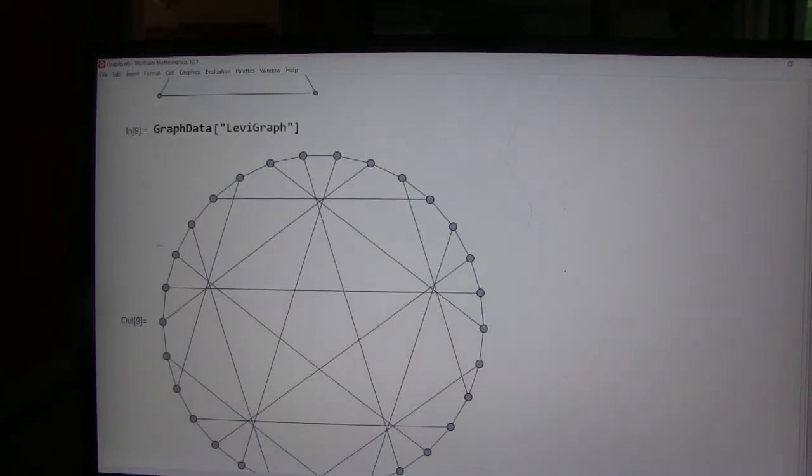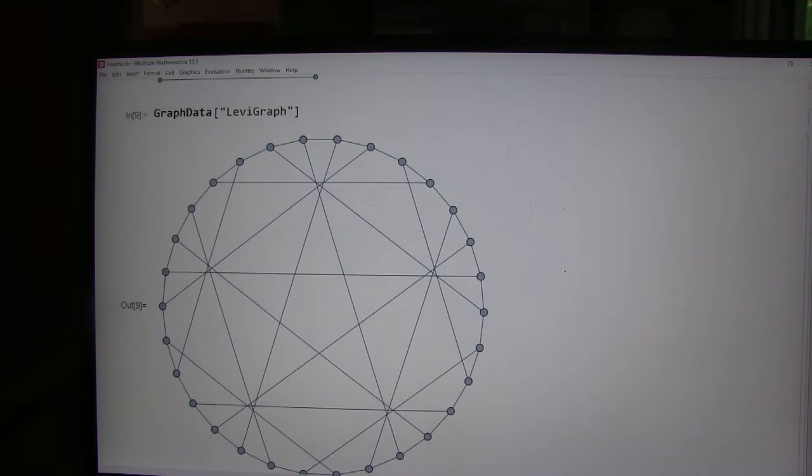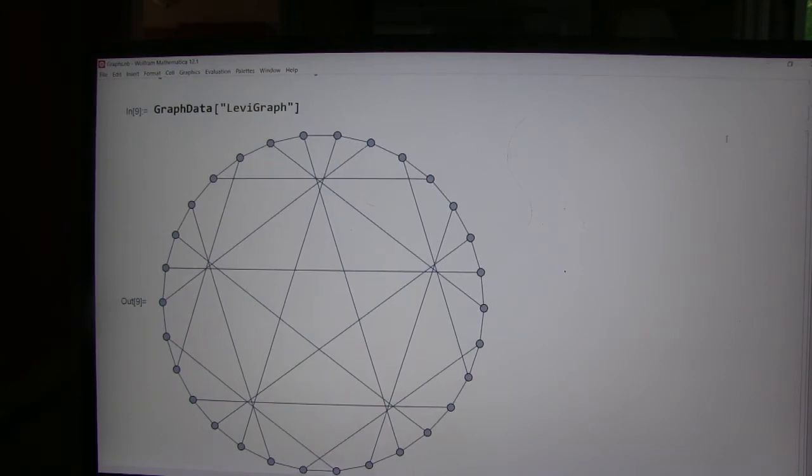Scrolling down, this is called the Levi graph. All right. You can pull it up onto the screen just a little bit more. There. Perfect. All right. What's interesting about this one? So this one has